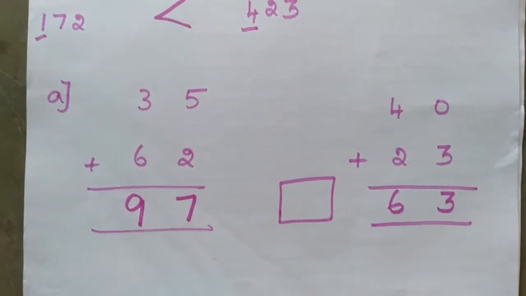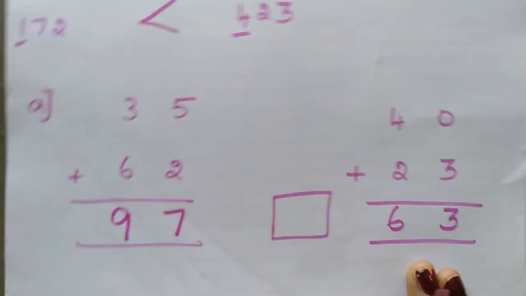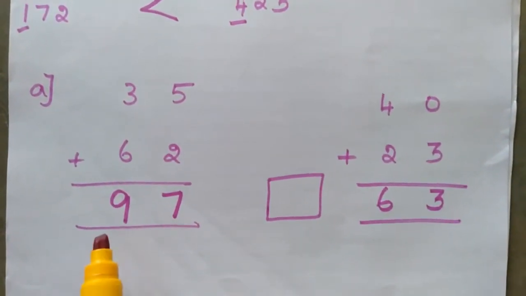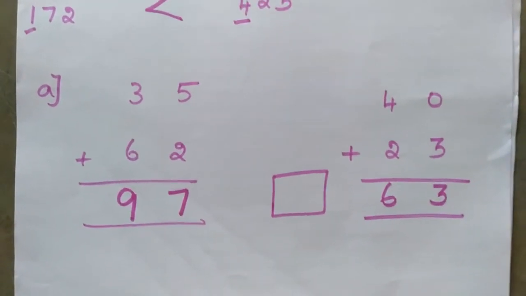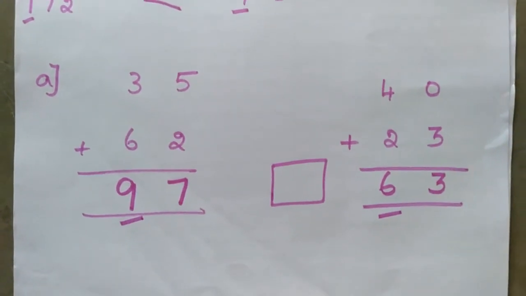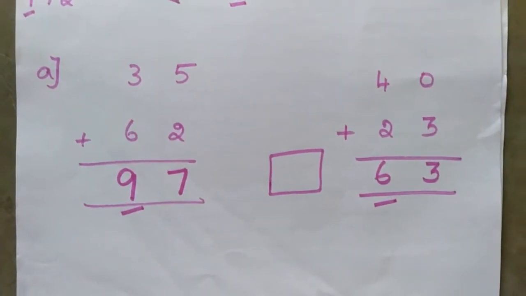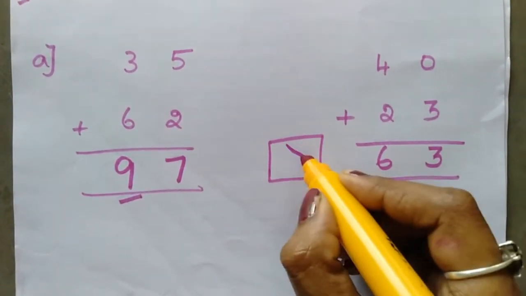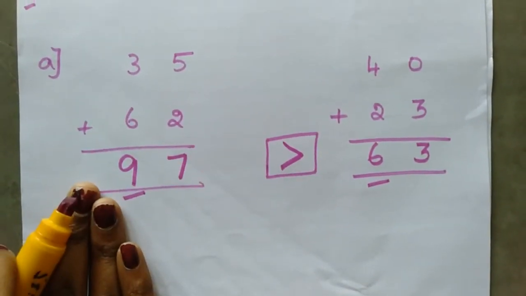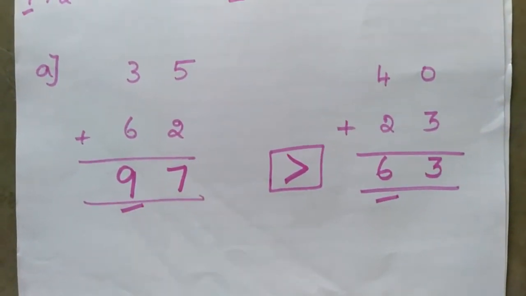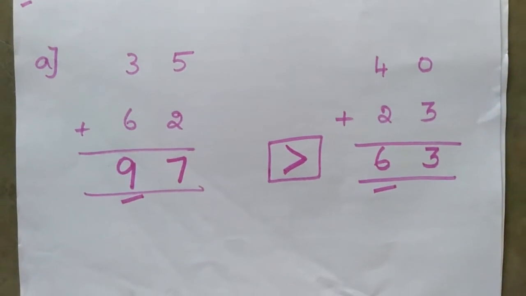97 is the greatest number or 63 is the greatest number. Which number is greater? Which number is smaller? You see here the two numbers are 2-digit numbers, right? So you check here 9, here 6. 9 is the greatest number, 6 is the smallest number. For the greatest number, what method will come? The fish opening method. The open side is greater. The closed side is lesser. So 97. Understood, ma? Understood?